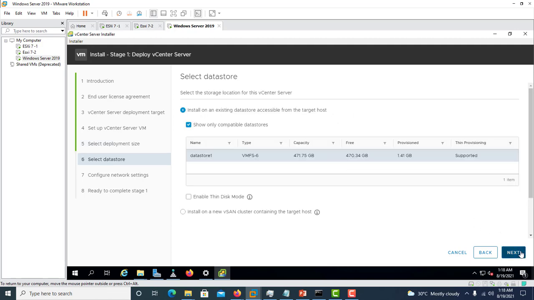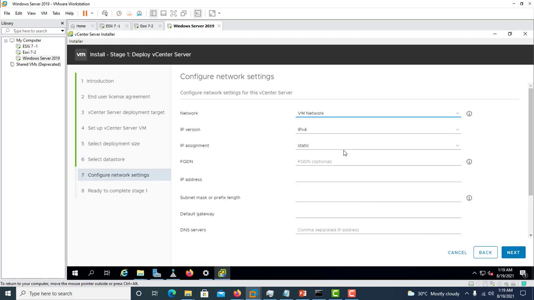Click next. We have to select the datastore on our available Esxi server. As you can see, it has a capacity of 471 GB, so you should click this option. Now again click next. Now it will ask for the network settings for our new server. I am using IP version 4, static IP address, and FQDN, which is optional, and our IP address should be